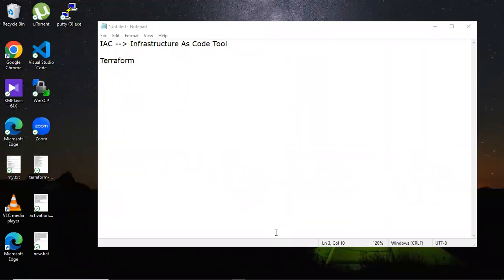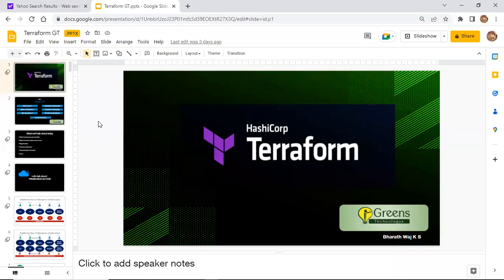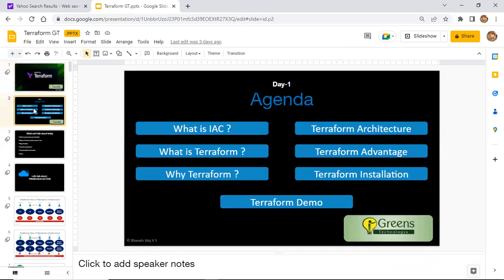Today we're going to see about Terraform. For this class, I have some slides which I prepared earlier. Today, day 1, we're going to see what is IaC, what is actually Terraform, how it works, and why we are using Terraform.